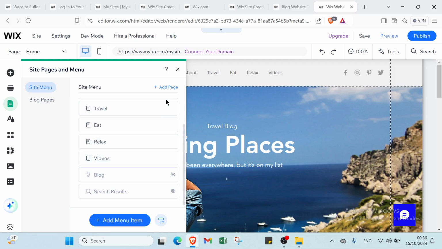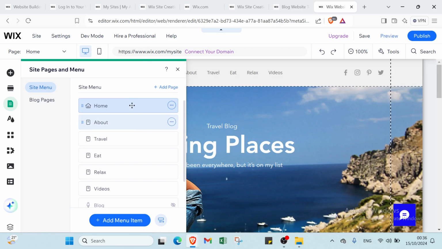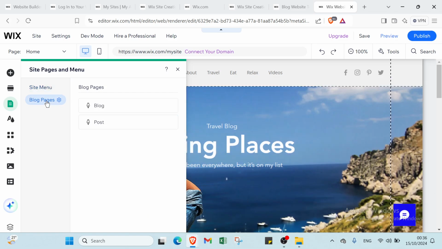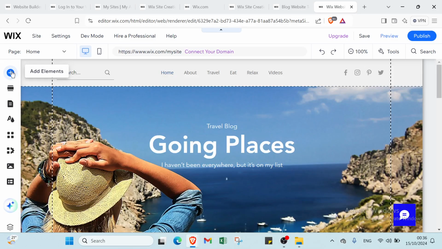You have to select yours. So let's add a page. All right, and you have just to delete all these pages. Also, we have here this option of blog posts, such as blog and posts. Alright, then we have here if you want to add elements